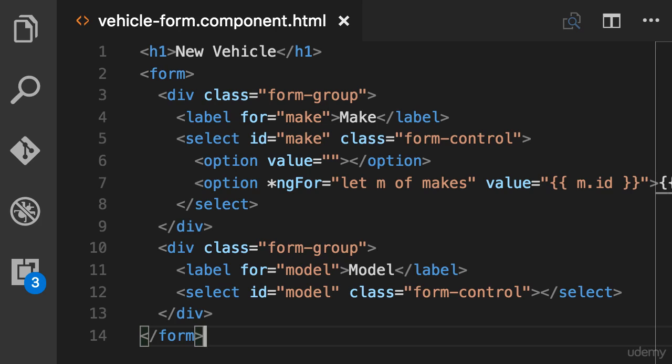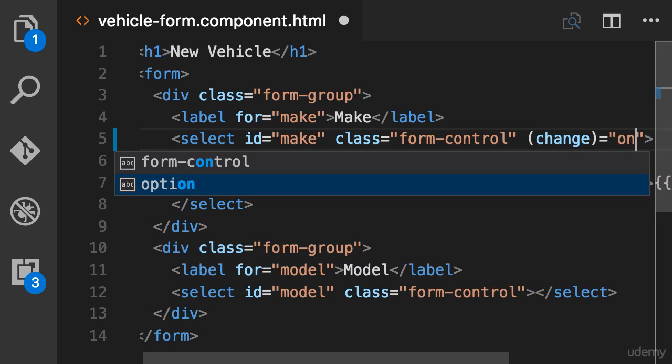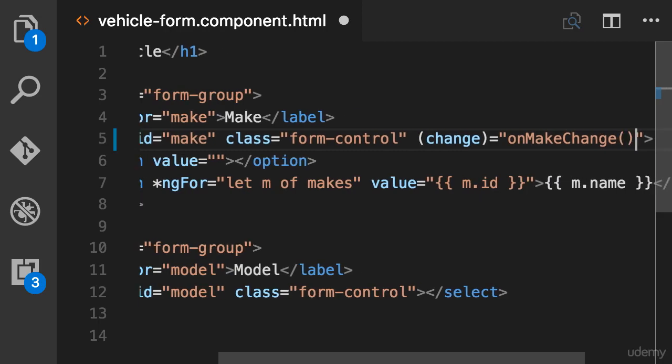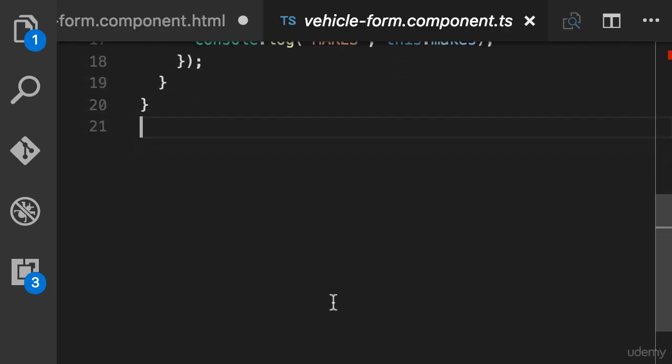Okay, now we want to implement this cascade behavior on our make dropdown list. So the first thing I want to do is on this make dropdown list, I want to listen to the changes. So I handle the change event. I'm going to bind this to a method in our class, onMakeChange. And now in our component, I'm going to add this method